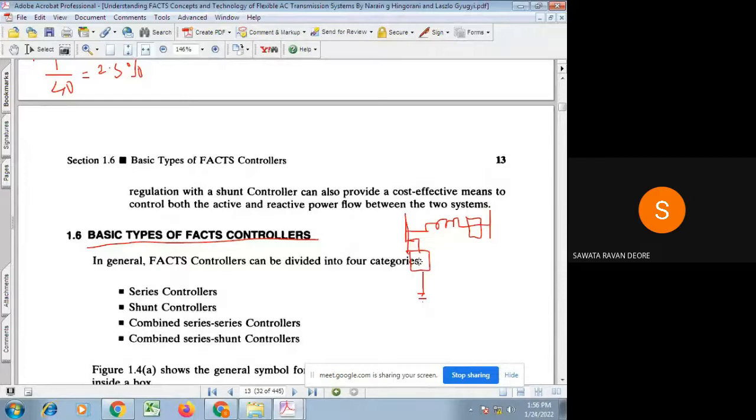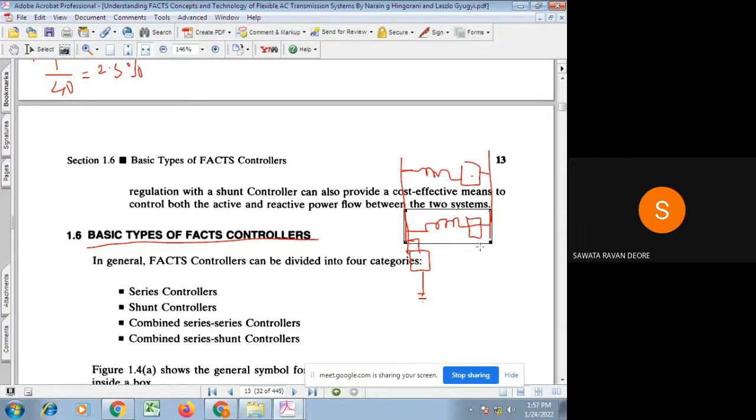In parallel with the bus bar to the transmission, then this is called a shunt control. There is a possibility that this bus bar is connected to more transmission lines. These bus bars have some additional transmission line, and that transmission line is also provided with this series FACTS controller. And these two series FACTS controllers,